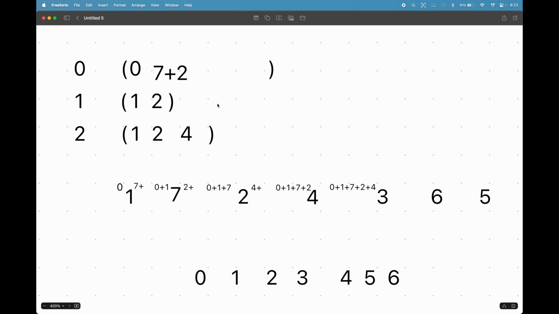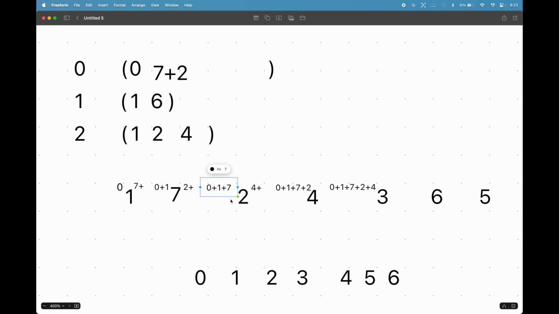So this would be added with, this would become 6, and this would become 7 plus 2 plus 6. 7 plus 2, sorry. Oh wait, no. 7 plus 2, which is correct. 7 plus 2 plus,